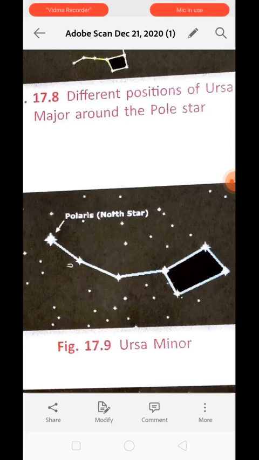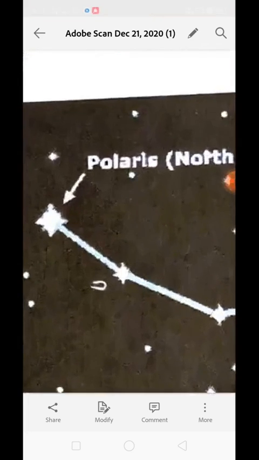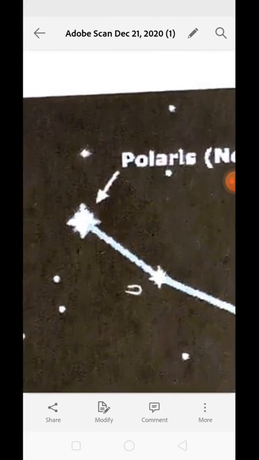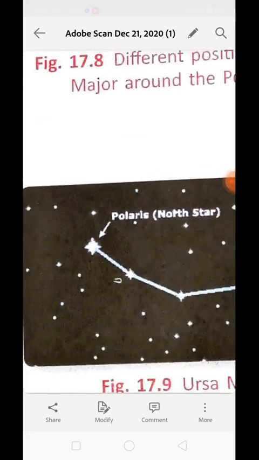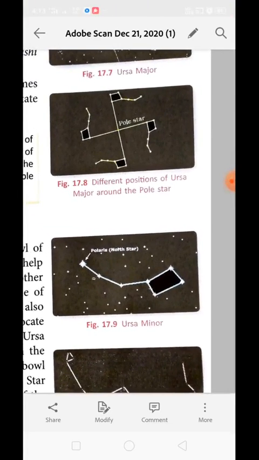To locate this constellation, concentrate on the 2 pointers of Ursa Major, and in the direction of the broad end of the bowl, look till you see a very bright star. This star is the pole star or Polaris. The pole star is at the end of the tail of the Ursa Minor constellation. You can see it is Polaris. Why? Because of the presence of the North Star or Pole Star at the tail end of Ursa Minor. Okay, you can see. Now next is